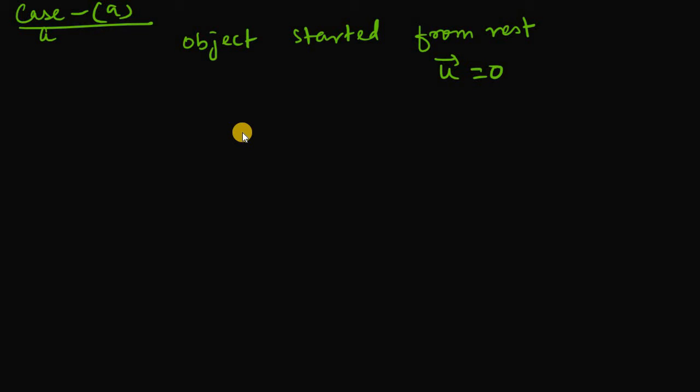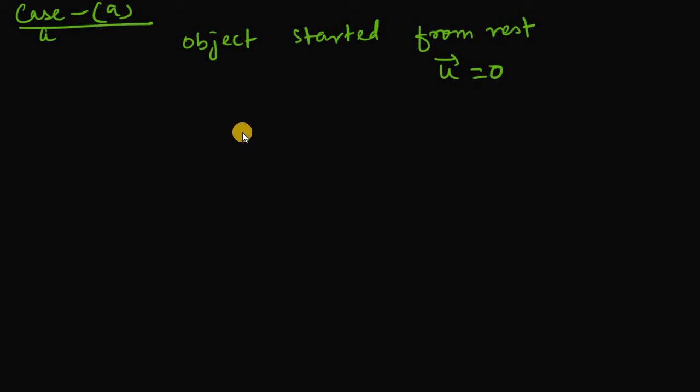Because if we are standing on a terrace of a 5-story building or a 2-story or a 1-story building also, the height changes, but we are holding the ball, and if so we are moving, the object is at rest with respect to the gravity pull. So that's why we can say, whenever we are releasing the ball from the terrace, it started from rest, so initial velocity is 0.